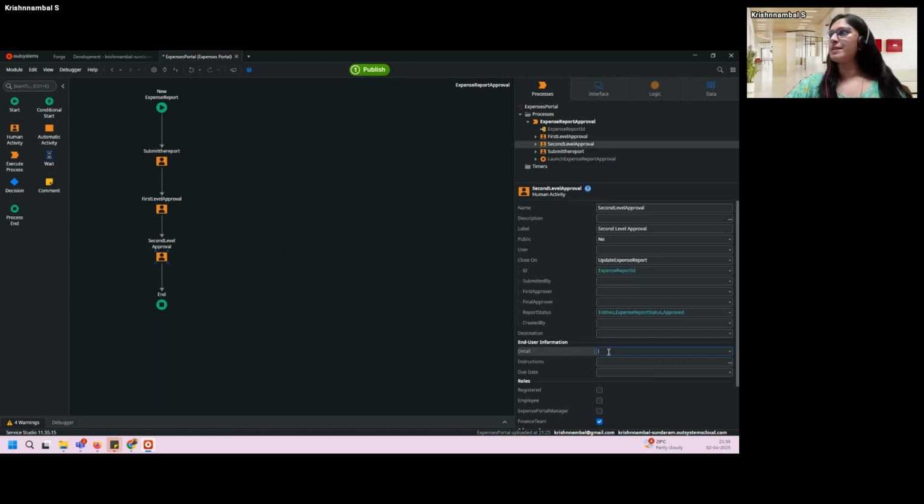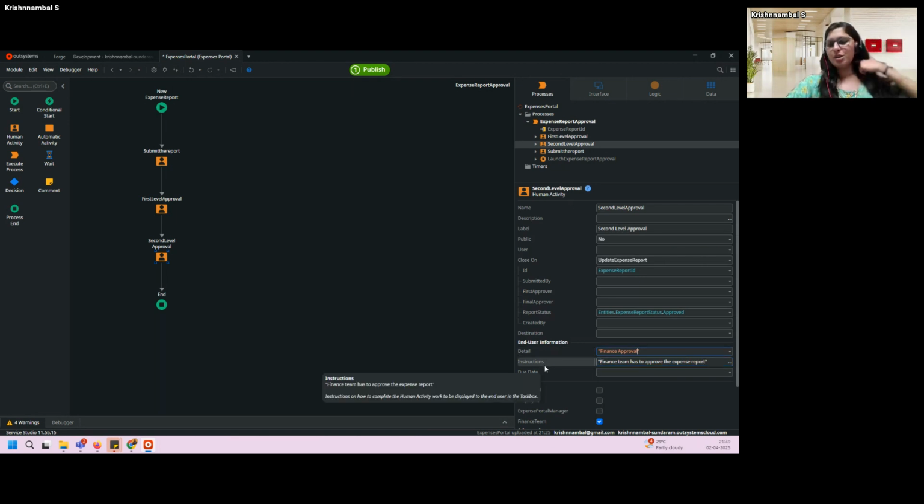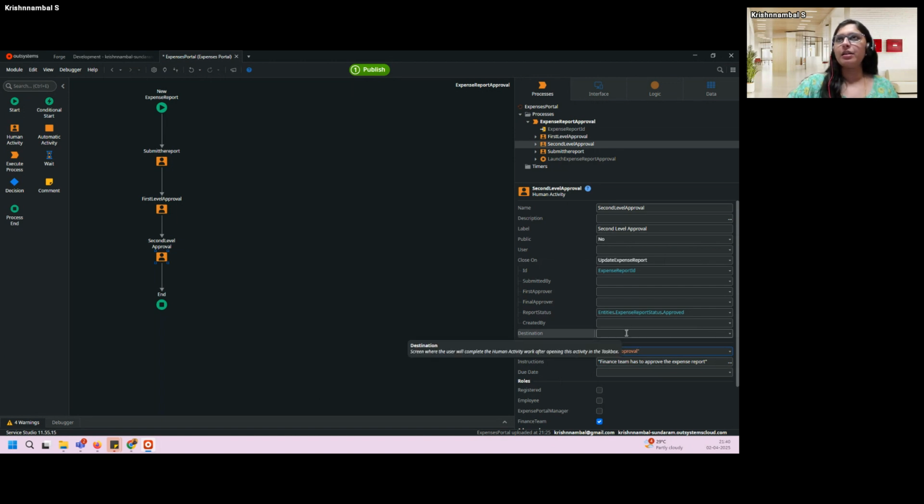Then for the finance person, I'll say finance approval, instruction: as the finance team, you have to approve the expense report. So the instruction is nothing but something that will help the end user understand what the task is about and act accordingly. And remember, for the finance person, we have not assigned the activity, I mean, the expense report